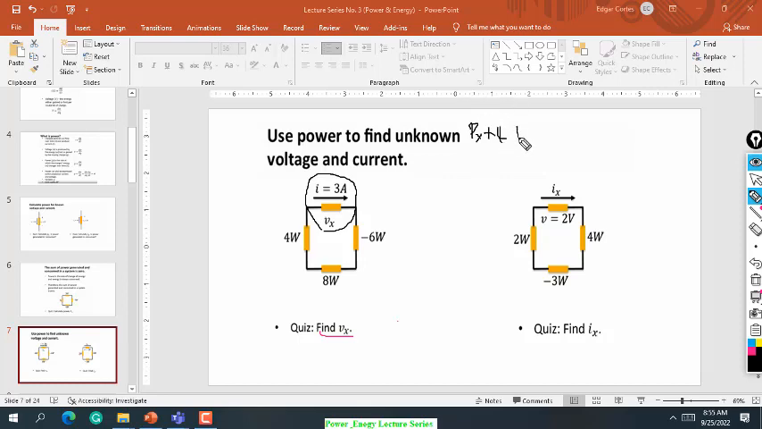Plus 8, plus negative 6, minus 6. Equals 0. So Px therefore